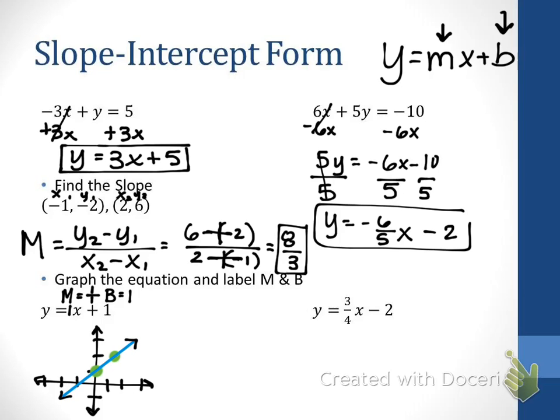Remember, when we are graphing these, we need to draw a line through the points because we're graphing a line. We're not graphing two dots on a coordinate plane. So the next problem, they want me to do the exact same thing. What is m in this equation? 3/4, very good. What is b? -2, very good. Don't forget that minus sign right there tells me it's a -2. So if I were to graph